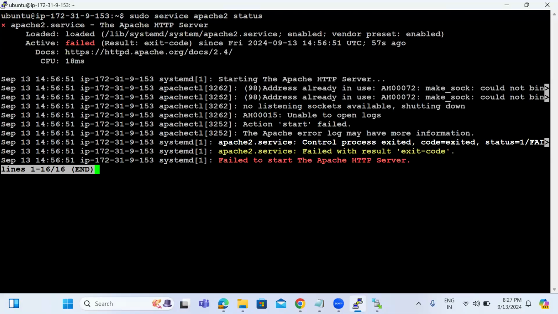Now why is Apache not running? Any idea what the problem is for Apache to run? I'll give one hint: port number. Port 80 is already in use. Who is using that? Nginx is already using that port number. Maybe we'll have one process ID, and we'll definitely identify that process ID also. But Nginx is already